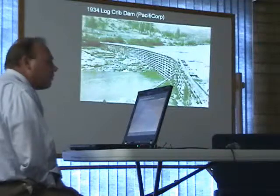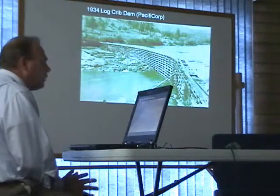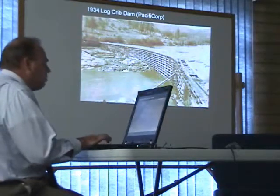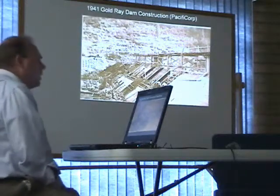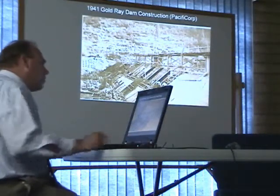The timber crib dam is a fairly simple dam. It's just stacked logs where they place concrete and boulders, tie things together, and basically tie a set of timber logs together to create a dam across the river. And the majority of it is still in place. It leaked a lot, and they also wanted to raise the elevation of the dam to increase the energy output of the site. So in 1941,